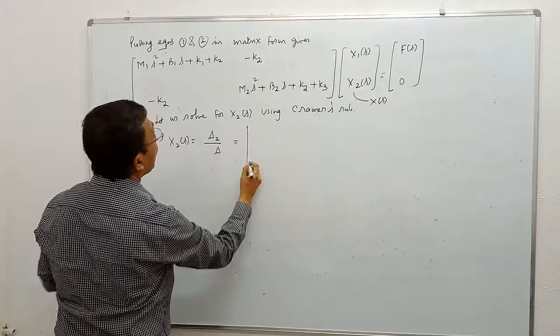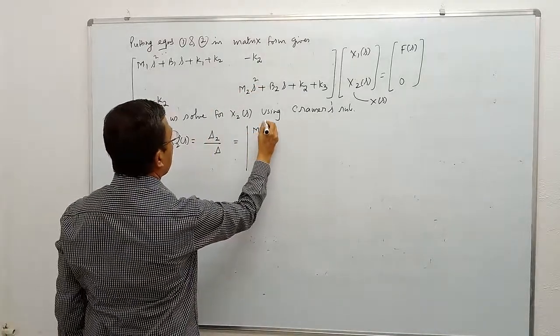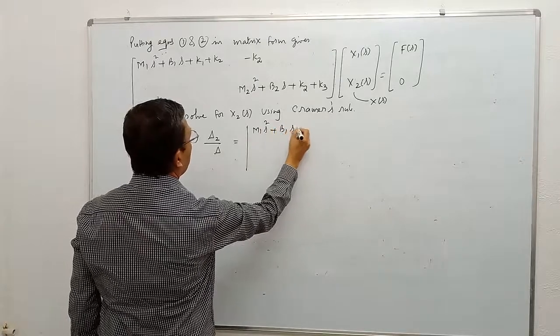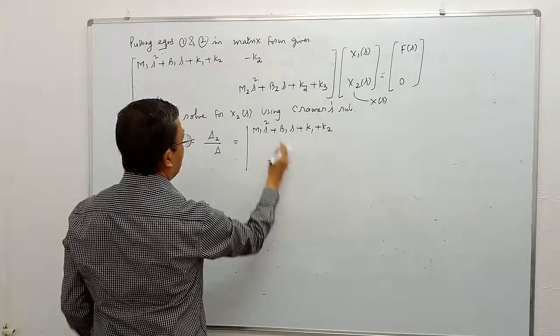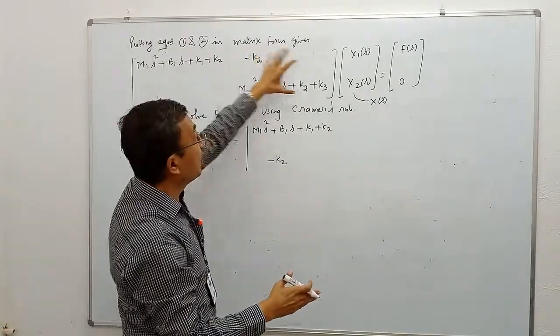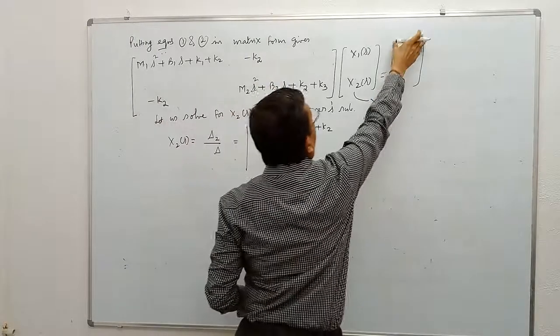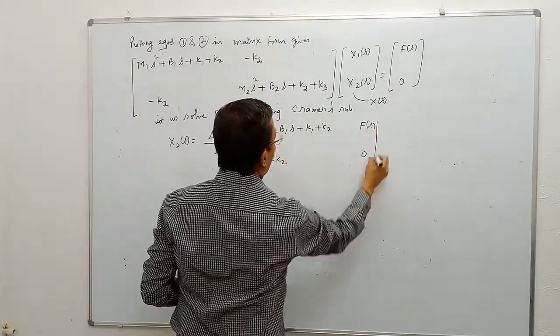What is delta 2? Replace the second column with the right hand side. So it is m1 s square plus b1 s plus k1 plus k2, minus k2 as the first column, which doesn't change. The second column is replaced by the column vector on the right side, which is f of s, 0, whole thing